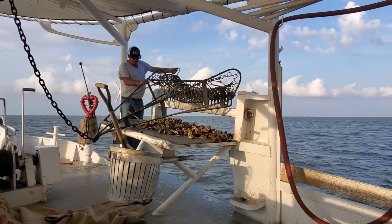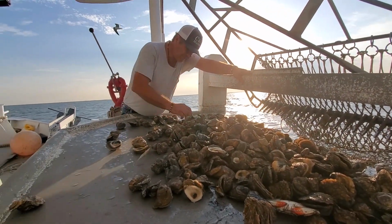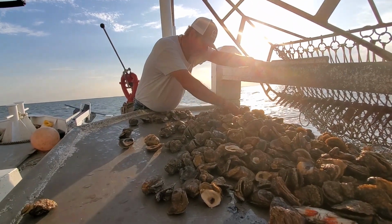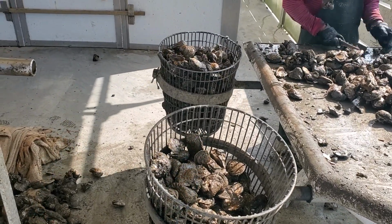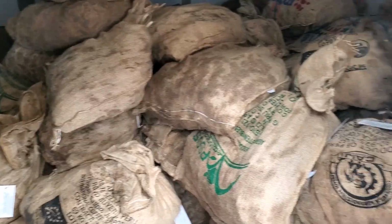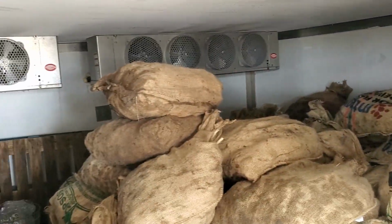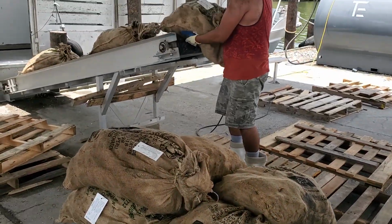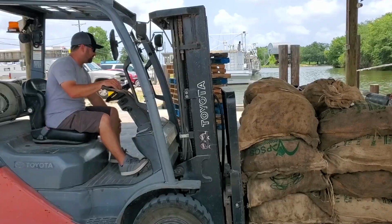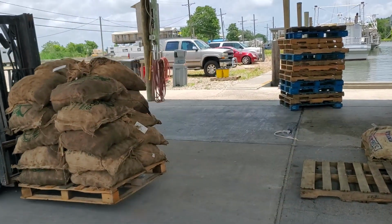The oysters are then pulled aboard where the fisherman sorts and cleans them, placing the market-sized oysters in bushels or sacks. They are refrigerated, then sorted culch returns to the water to provide for more reef in the future. Oysters are placed in sacks, then put into a refrigeration unit until they are offloaded. Once the oysters are offloaded onto pallets, they are placed onto refrigerated trucks, which make their way to the processing